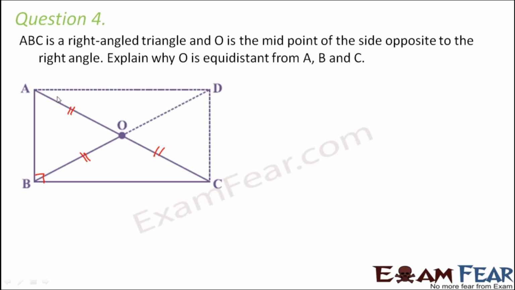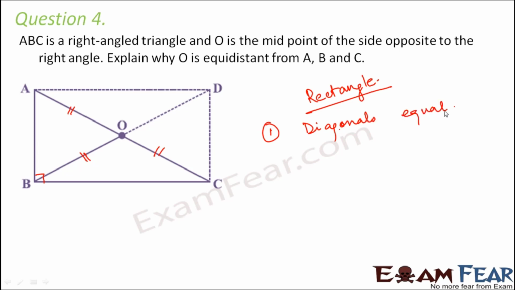Now, in the diagram you see there are some extrapolated lines, which is trying to show that if you have a right triangle and if you create another triangle on the other side, these two triangles together form a rectangle. So this has actually formed a rectangle. Now if you recall the properties of rectangle, what do we see? We see that in a case of a rectangle, the diagonals are equal in length and also the diagonals bisect each other.